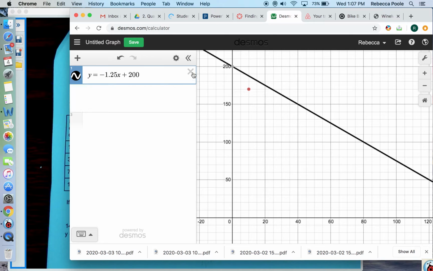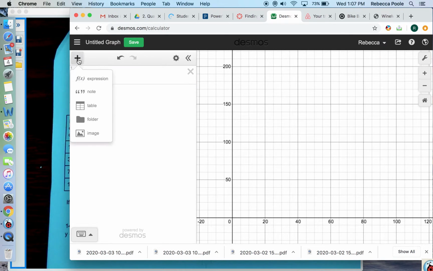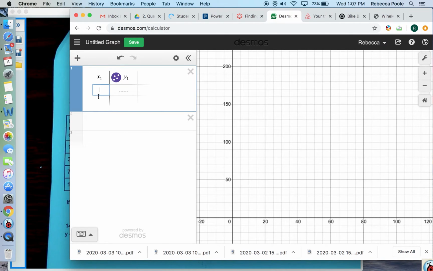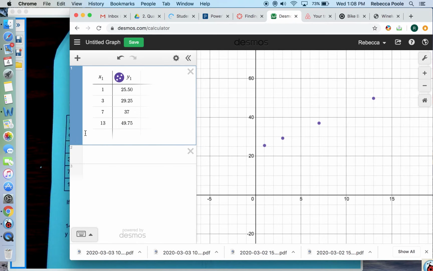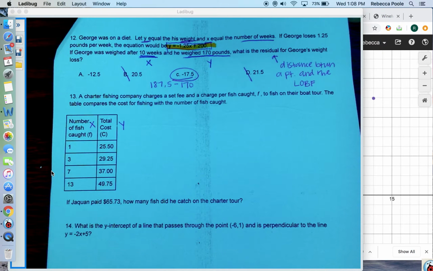So I'm going to exit out everything I have, go to the plus button, add a new table. I'm going to put my X's in first. Then I'm going to put my Y's in. $37.00 is just 37, and then 49.75. Remember, if you hit this zoom button right here, it's going to fit it so all your points are seen nicely on the screen. Okay? So now